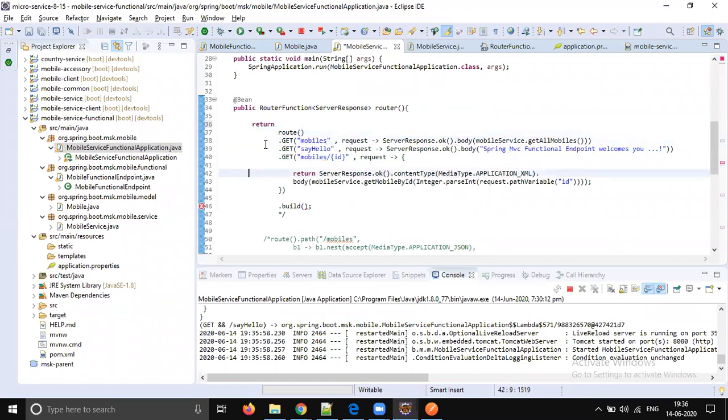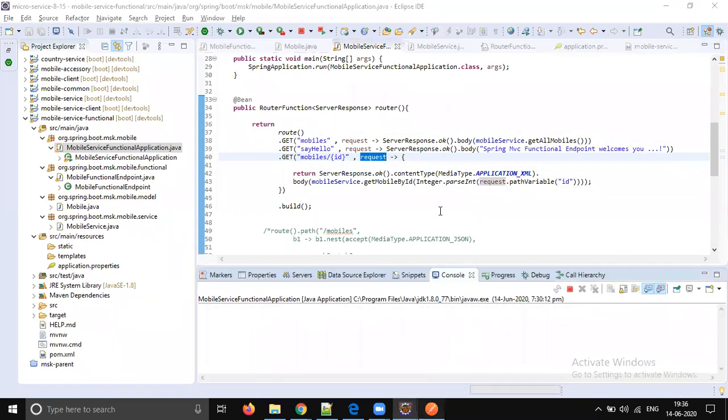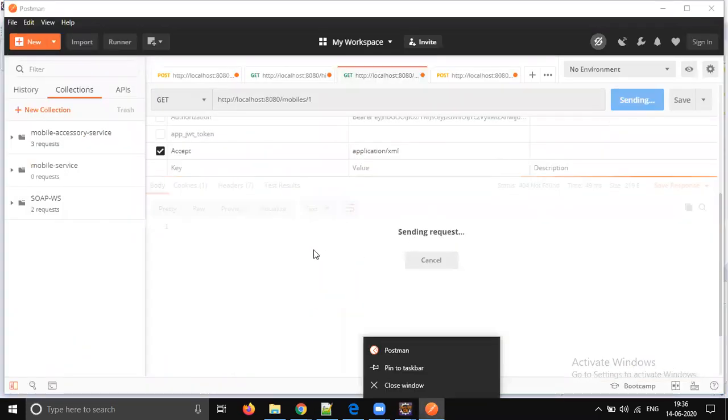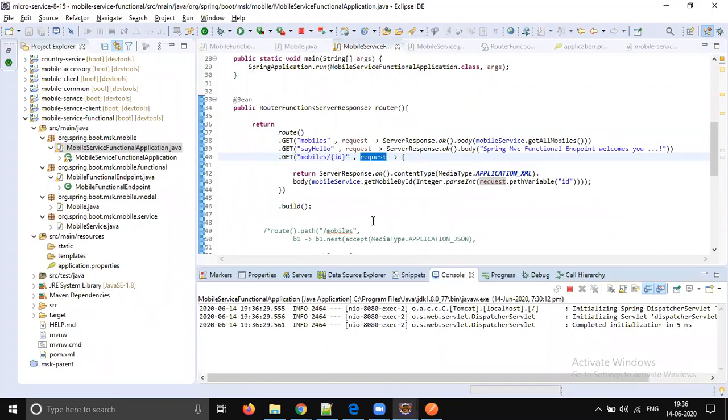So this one is directly working. So here you can say XML, then it's fine. If you say XML here, it is working as expected. So just go ahead and do send. Yeah, so it's working fine. There is no problem. Only problem with the nested route. Okay, I will also check how to do it for nested route.